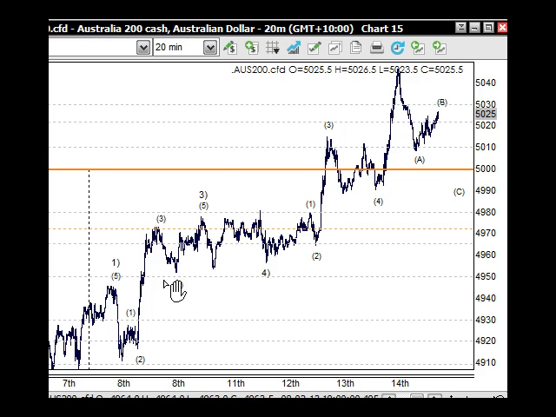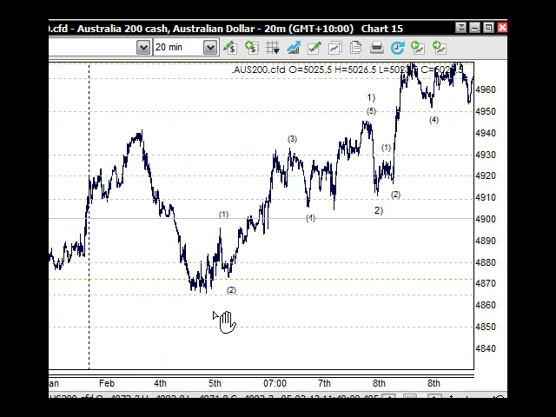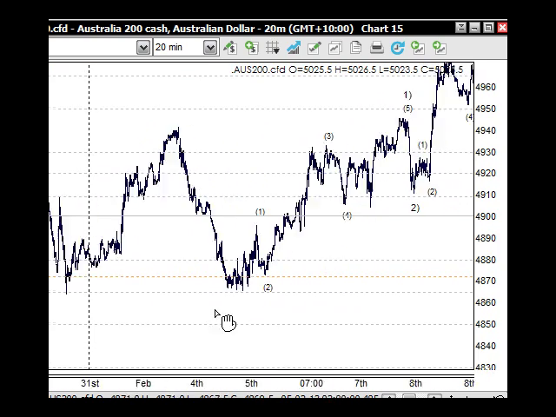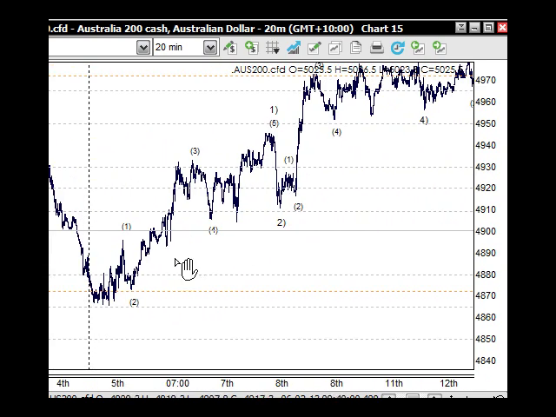It's a 20-minute chart, and just starting from this last low here at the sort of 4,900, we can sort of count the waves up. We've got wave 1, wave 2. We've got little 5 waves in here for wave 3, wave 4, and that wave 4 could also go here, but it also counts quite well here, 1, 2, 3, 4 and 5 here for wave 1.